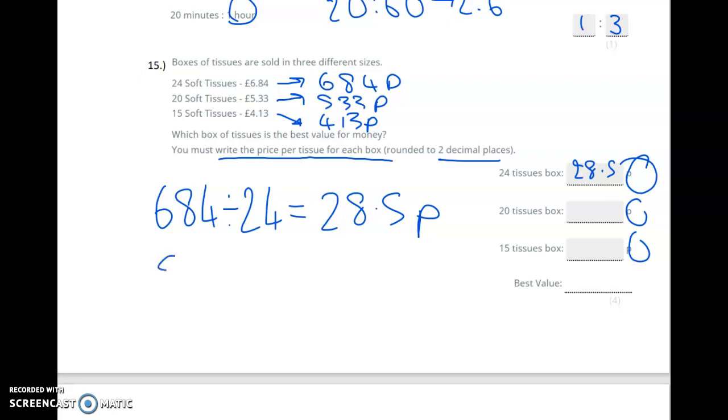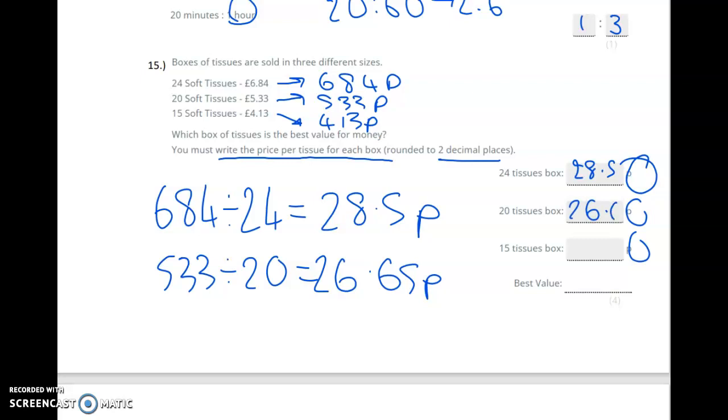Just do the next one. So 533 pence shared by 20 this time. 533 shared by 20 gives us an answer of 26.65 pence. That's getting a bit cheaper, 26.65 pence. And then the last one, 15, so that'd be 413 shared by 15, run out of space, so I'm going to put it there. Shared by 15 gives us